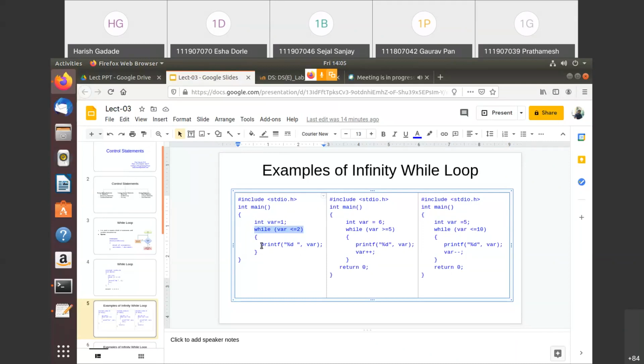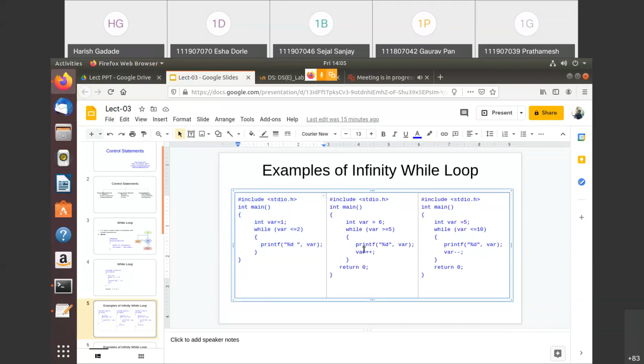Again it prints var value 1. Again going here, coming here. So it means this will enter into an infinite loop. Have you understood this? There is no termination condition in this. That's why this program is an example of an infinite loop. I think you might have understood.